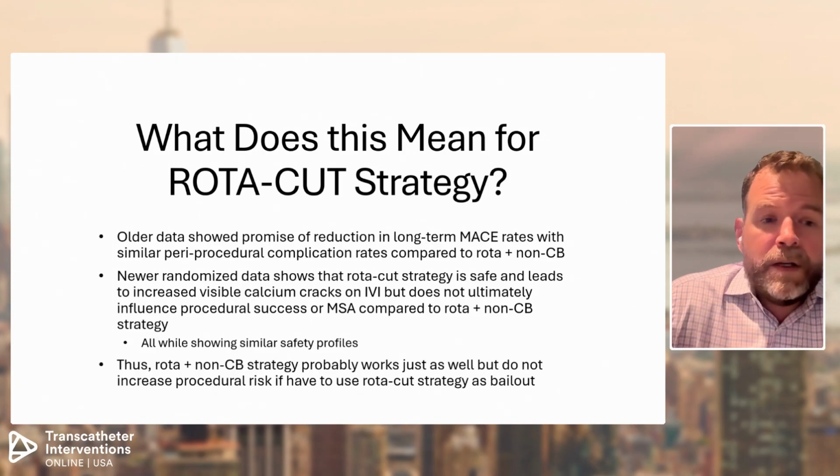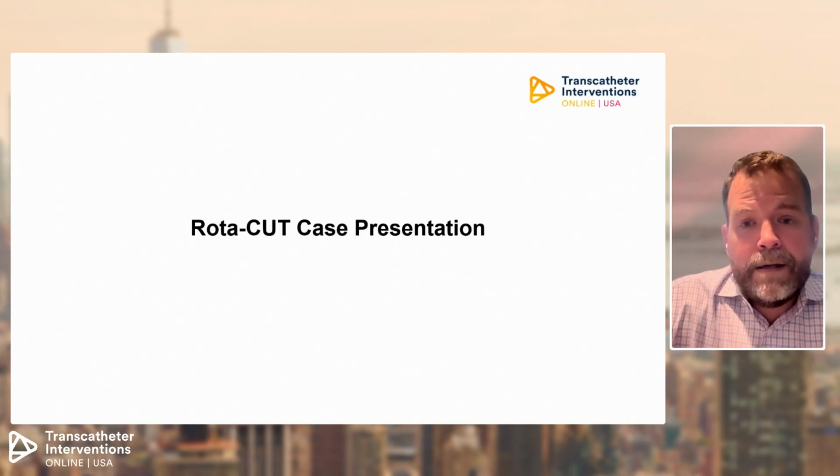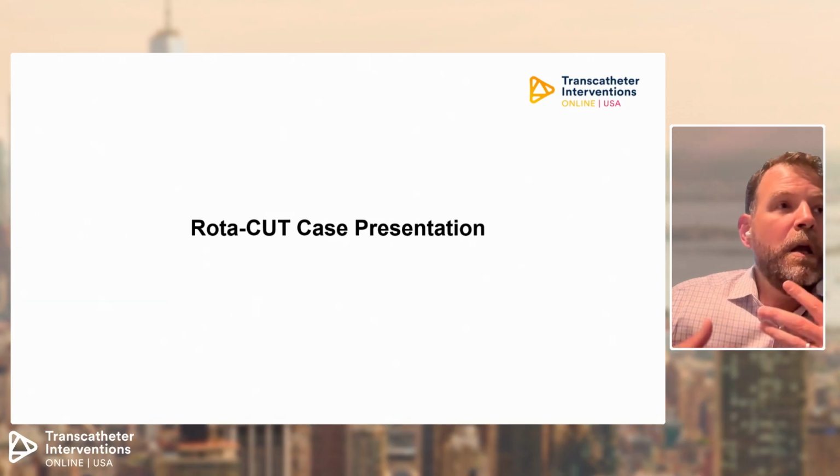Thus, it works just as well, a cutting balloon versus a non-cutting balloon strategy, but it means that if you have to use a cutting balloon afterwards, you're not increasing the risk for the patient, which again is really important information for those of us that take care of heavily calcified lesions on a routine basis, which again is most of us. So now we're going to go to a case